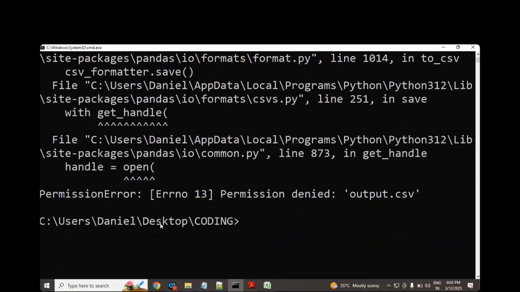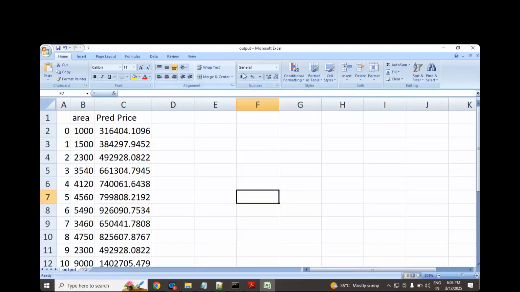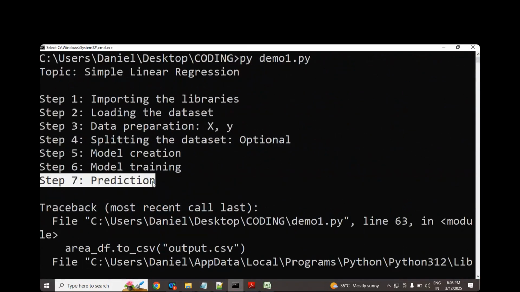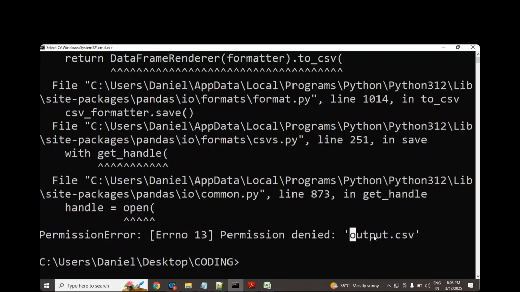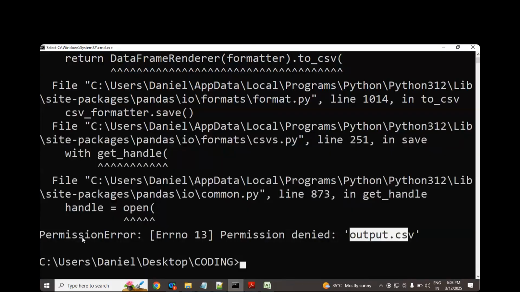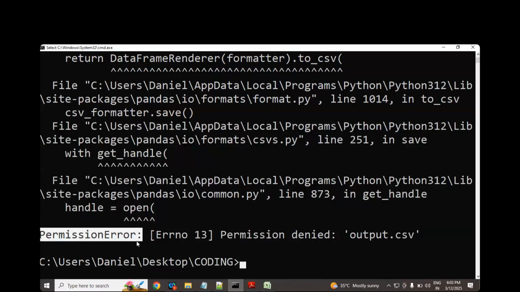A new error actually. What is that error, you know? First of all, you already ran the program and you opened the results. That too, this is in open mode. Now you are running the program. In the back end, whenever you run the program, it is trying to create the file output.csv. But the file is already open, so how will it create it? Then you will get an error. The error name is permission error.